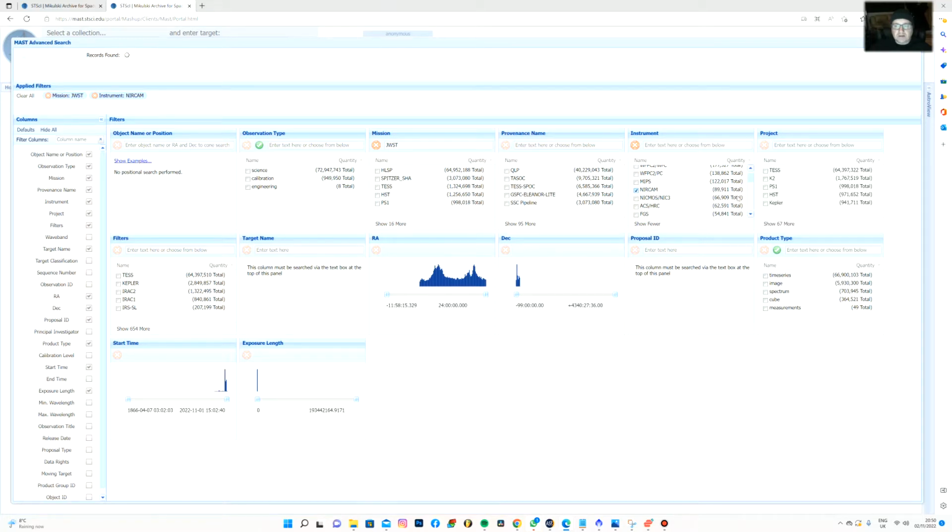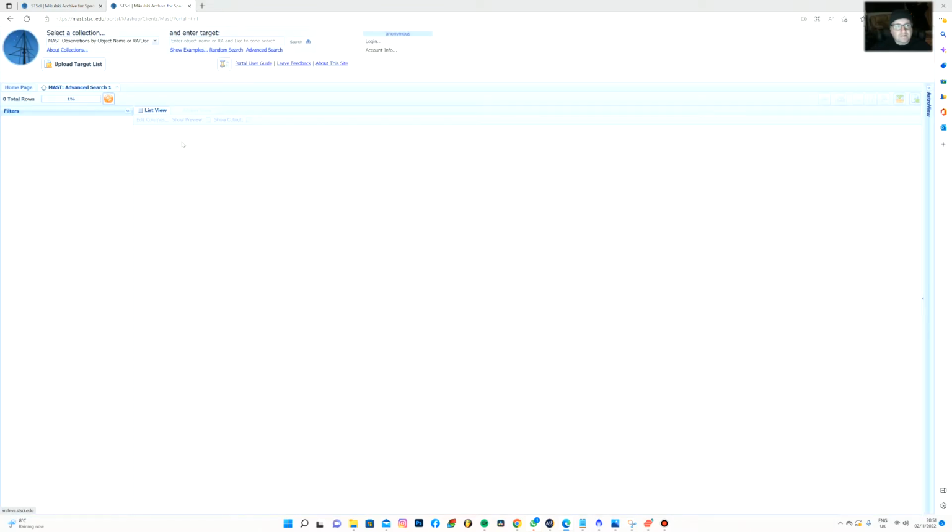You need to get it down to very few, otherwise this will just sit searching for ages. So in the target name here, I know that the Pillars of Creation is one of the targets that I was working on, which is M16. So I'm just going to put in M space 16, and that should return a few records. You can see it's already found it, so it found 6 records. If I click search on the top left,